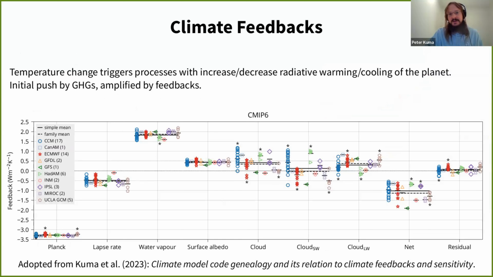So I've touched upon this a bit. Climate feedbacks are processes which happen due to increasing or decreasing global temperature. So once we increase the temperature of the globe, various things happen, and they tend to amplify or sometimes dampen climate change, or global warming, let's say. So the main one is clouds. Once we increase temperature, the clouds tend to be more sparse, and so there's more sunlight absorbed by the Earth, and so there's more warming.